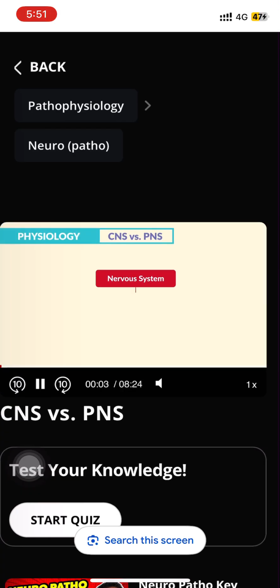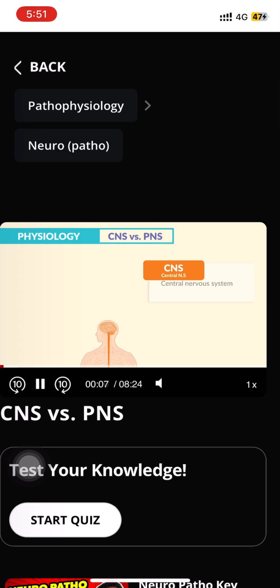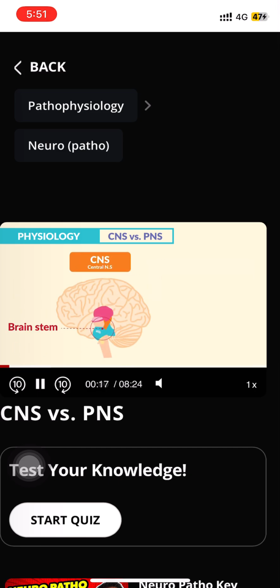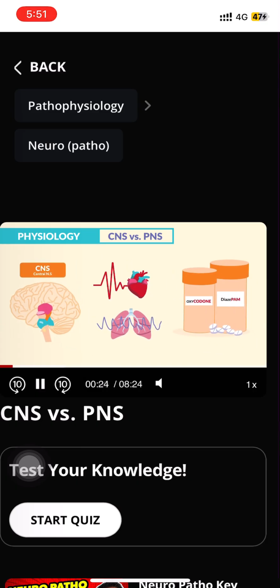Now for physiology. We have the CNS versus the PNS. So the CNS is our central nervous system, made up of the brain and spinal cord. Now, the most important part to know for med-surg and pharmacology exams is the brainstem. This guy helps to control the heart rate and respiratory rate. So when we give drugs like CNS depressants, like opioids and benzos, they depress this CNS, making the heart rate